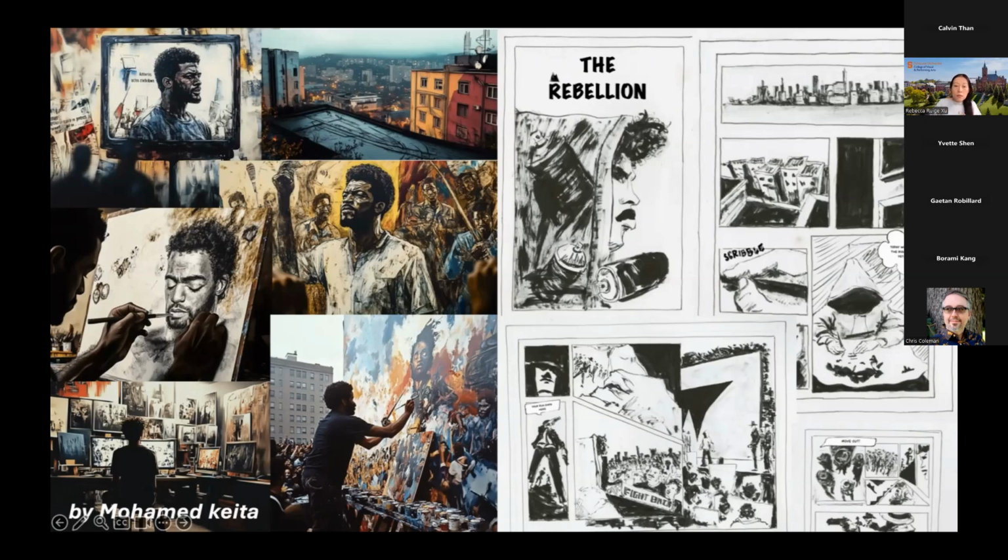So this I thought is quite interesting. This is the case that I would expect would stay in the digital space. However, the student expanded this into the real world, so there is a tangible comic book that came out of this project.